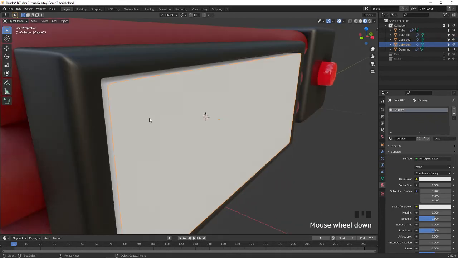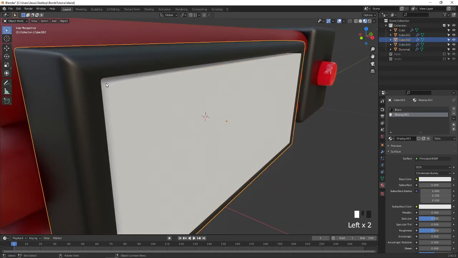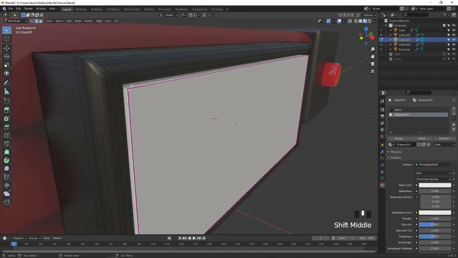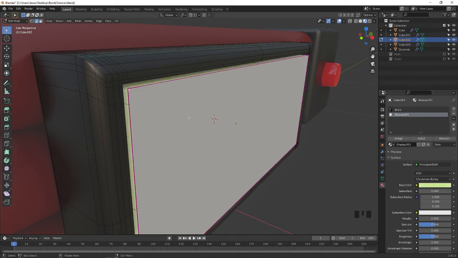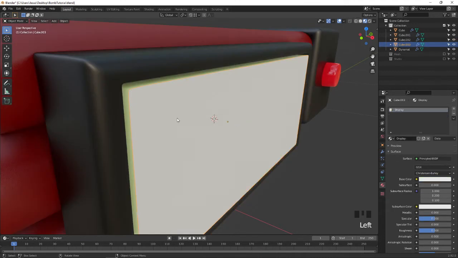color for this. First one, I am going to select this backside, these switches. What I am going to do, this display, I'm going to hide this display for timing.